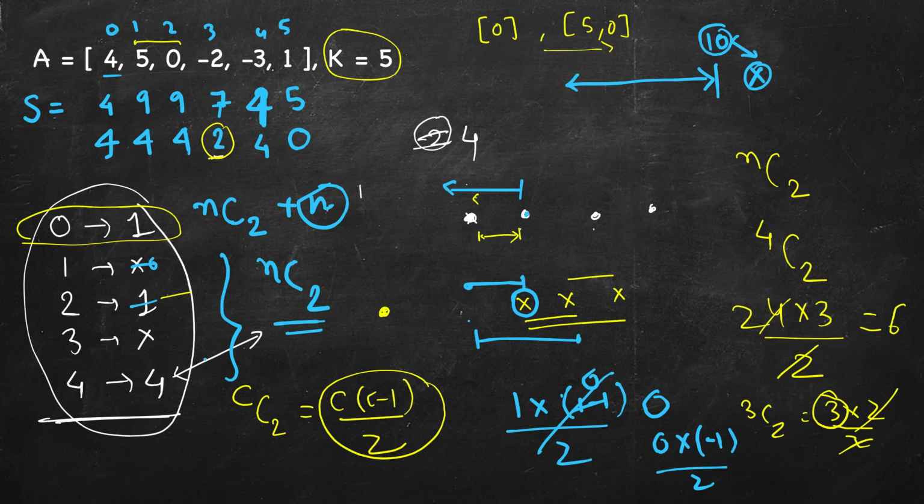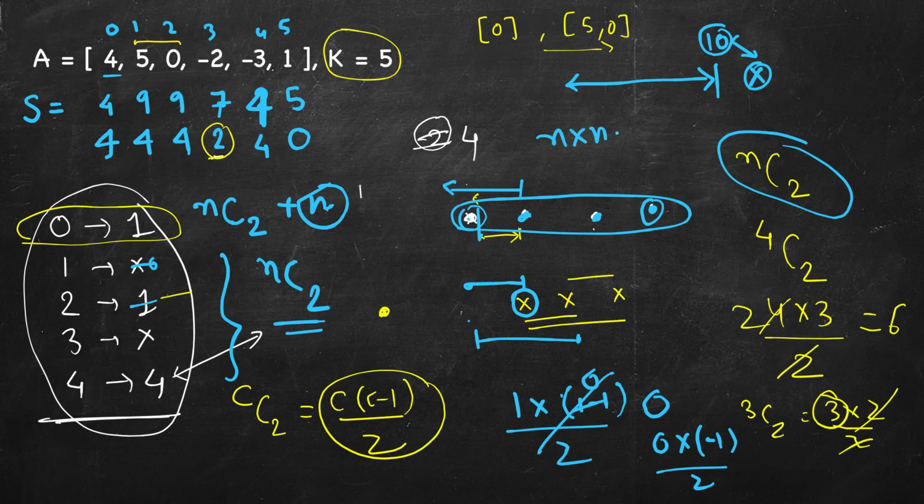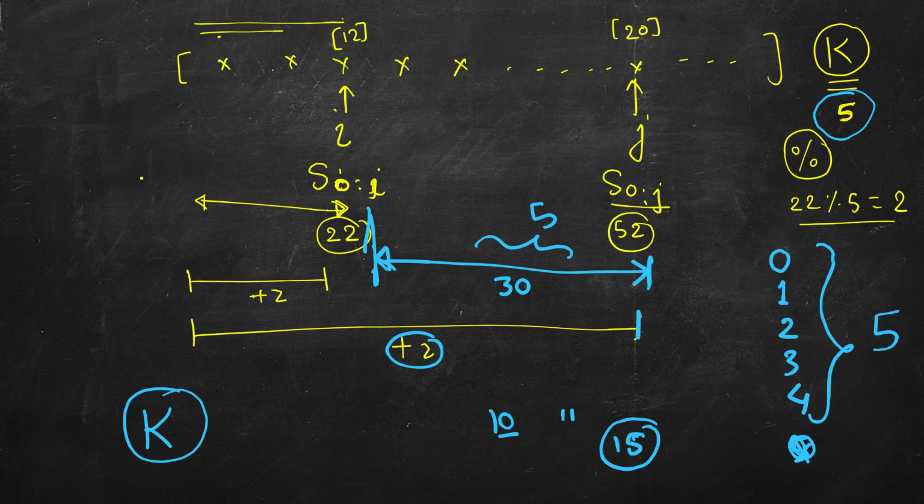For all the other cases, if we have 4 indices which are having same remainder, same extra values, then pick any two values, any 2 indices, and this is a valid subarray after this till this. So the number of ways of choosing that is n choose 2, which is n multiplied by n minus 1 divided by 2. Now let's write the logic for this. One more thing to note is that there will be a small difference when writing in different languages.